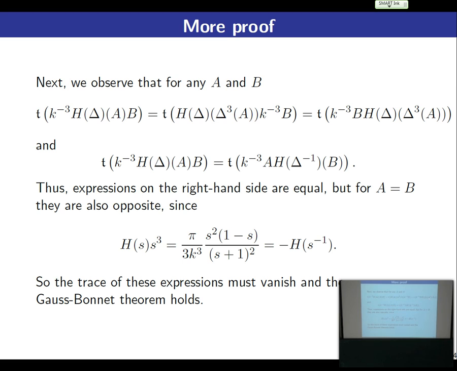Okay, well, there is a third power of this modular automorphism here, but okay, A and B. And also it can be written in such a way, okay? So these two things must be equal for any A and B. But for A equal B,